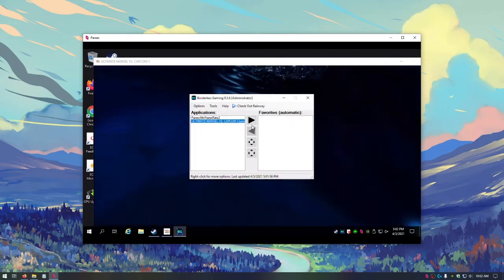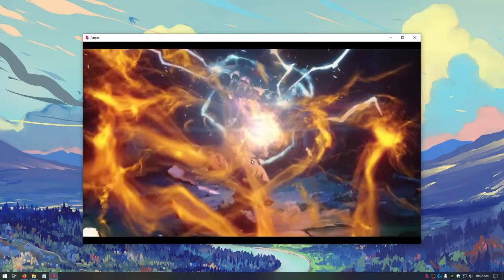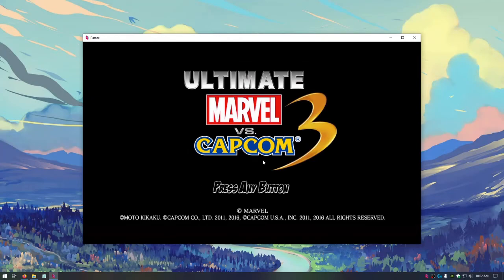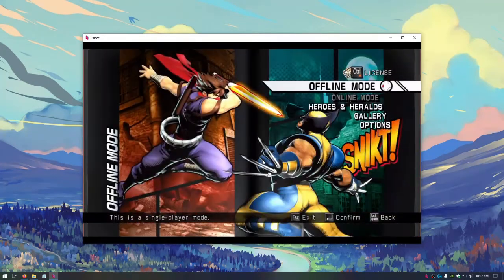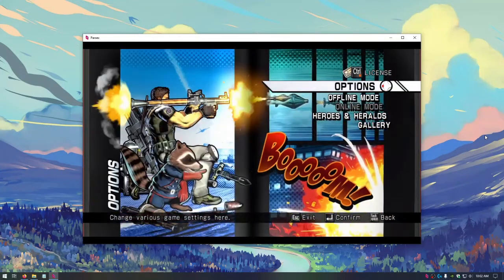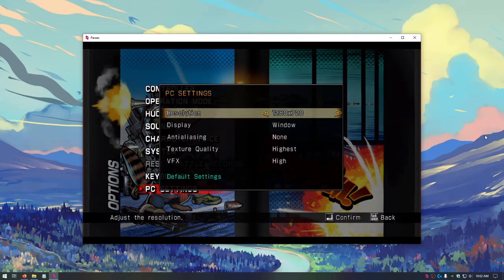Open up the Borderless Gaming program and add Marvel to the favorites by clicking on it, then clicking the right arrow. Change the settings to whatever settings you want as the standard on your cloud setup. Here are the settings I use on mine.